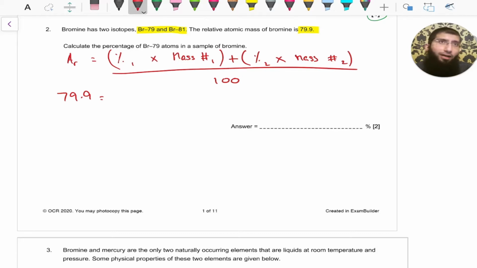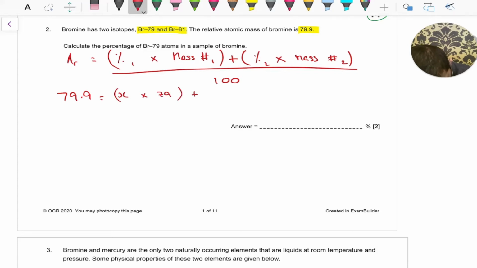I'm going to state that the percentage of isotope 1 can be given the symbol X. We know the mass number of isotope 1. I'm going to assume isotope 1 is bromine 79. You could do the same for 81, it doesn't matter. So X multiplied by 79